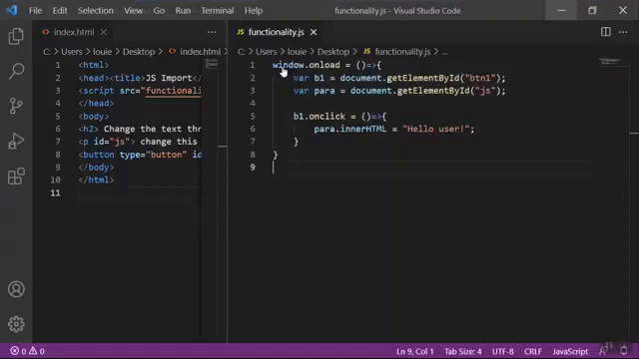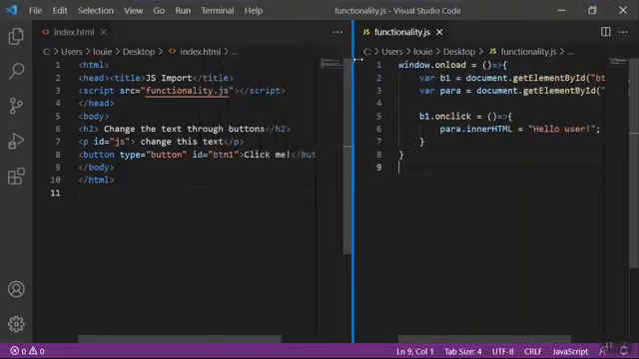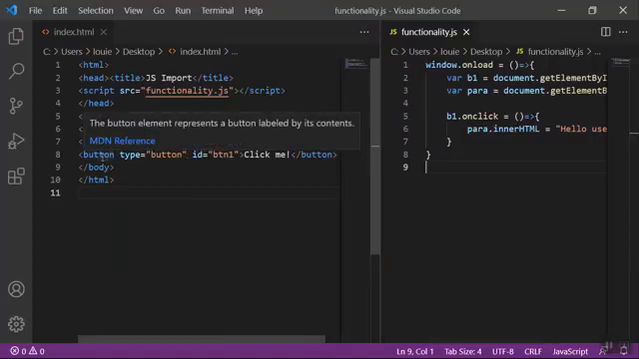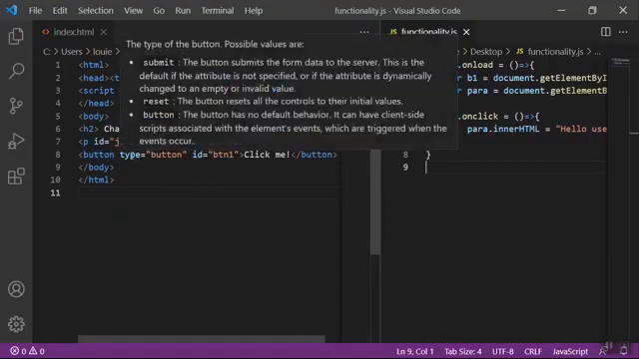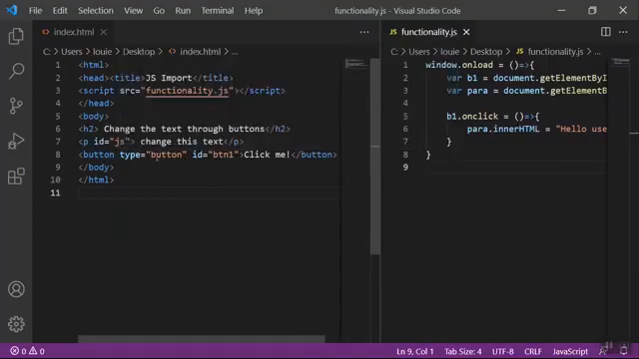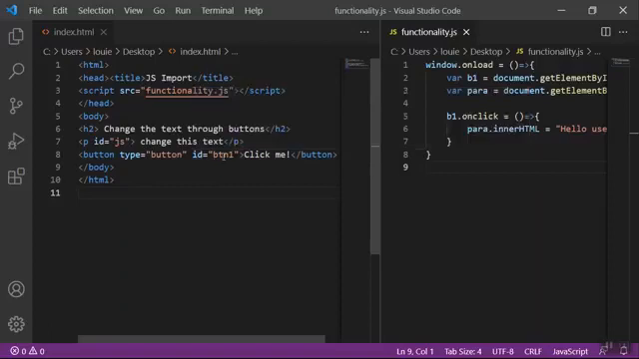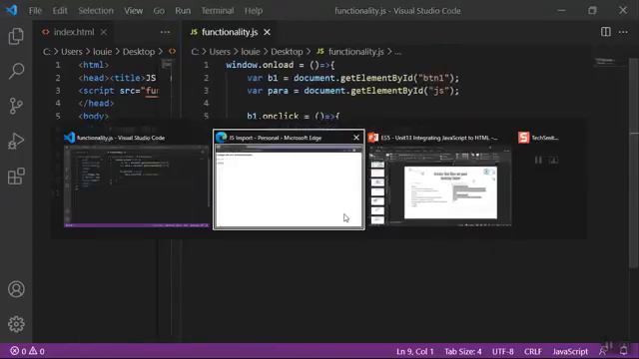Let's go back to our code. So there's a lot of new things here. We have the button element here with a type attribute with a button value, and then there is an ID attribute with btn1 as its value. Okay, so we have a paragraph, and this paragraph has an ID JS. Okay, and then for the functional.js, let's take a look at our